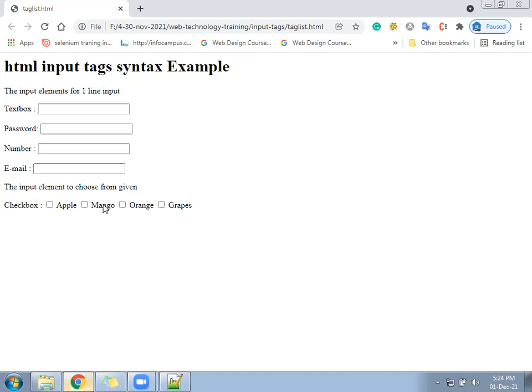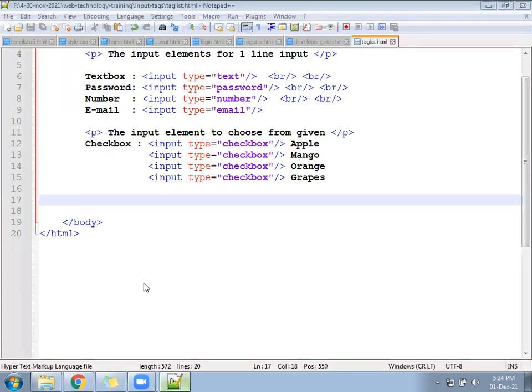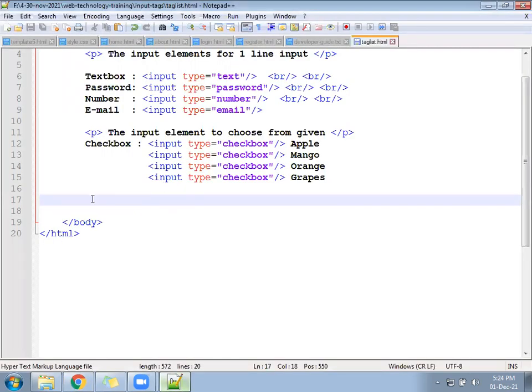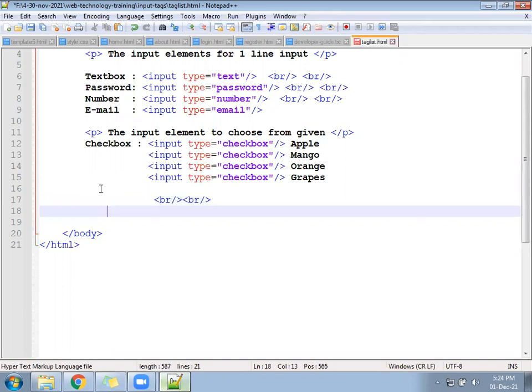Okay, why am I not able to select? Maybe it is loading. Okay, now. So it is able to select one or multiple. Okay, there is another input element that has multiple options, but out of multiple you can select anyone. That is called your radio. So you can write BR here because that also will try to print in the same line. Write BR two times. So sufficient space will get applied and it will be helpful for you.